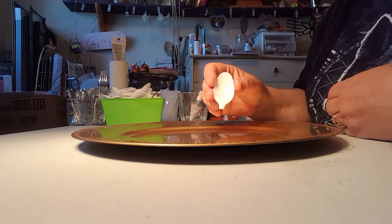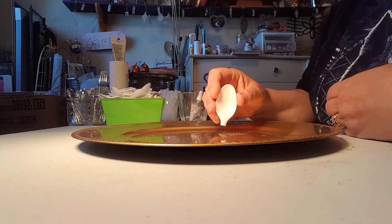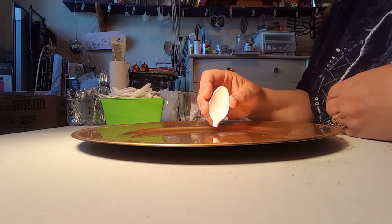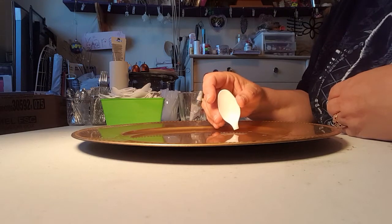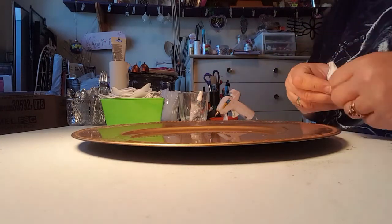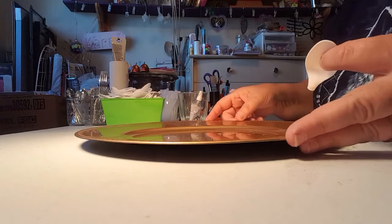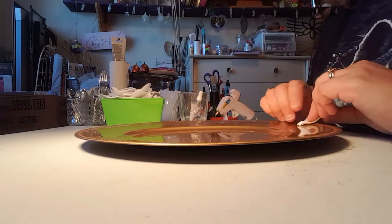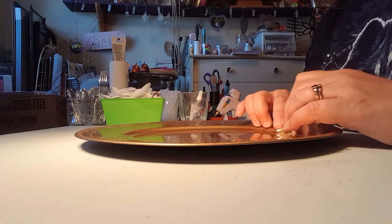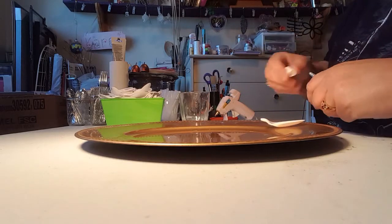Everything I use is from the Dollar Tree except for paint and the E6000. I even use Dollar Tree glue sticks, which work great. So I will start out. I work backwards, so I have the top closest to me, and I'm going to start with the position of my first